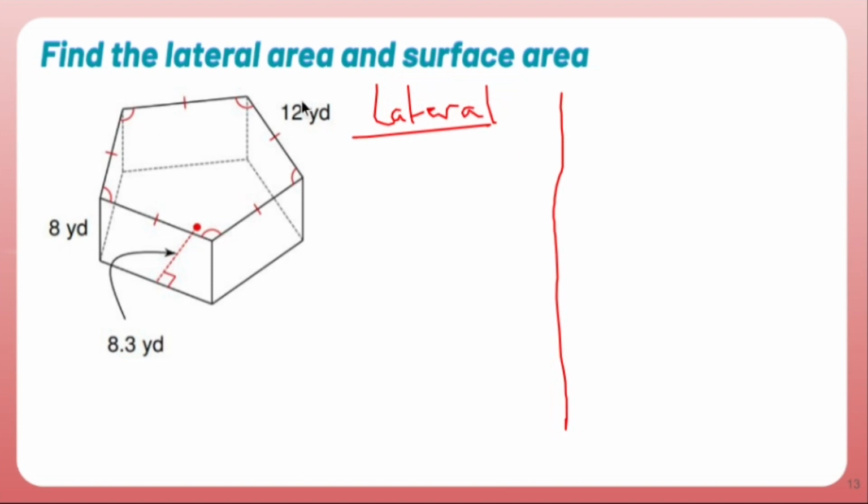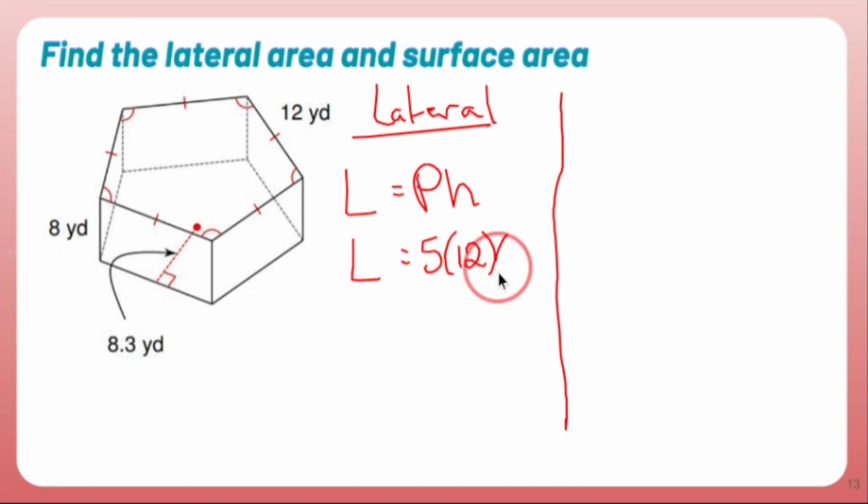You find the lateral area of any prism by doing the perimeter of the base times the height of the prism. The perimeter of the base is found by saying, look, we have a pentagon, and there are 5 sides. Each side is 12 yards long. So 5 times 12 is 60. The height of this prism is 8. So 5 times 12 is 60, and 60 times 8 is 480. And this is yards